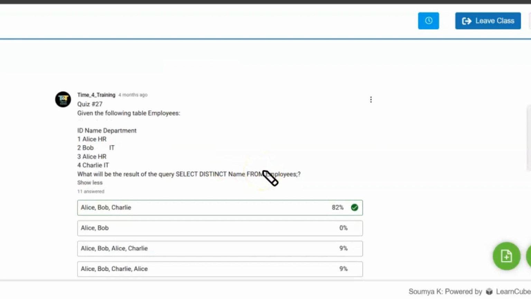Next one, let's see what it is. The following table is given to you: ID, name, department. 3 columns are given: ID, name, and department. It is not aligned properly. What will be the result of the query SELECT DISTINCT name FROM employees? So it displays name from your employees table, but the word DISTINCT is used, which will be